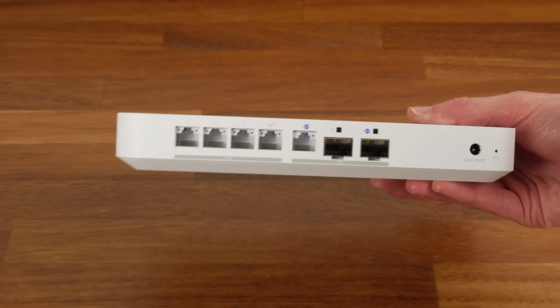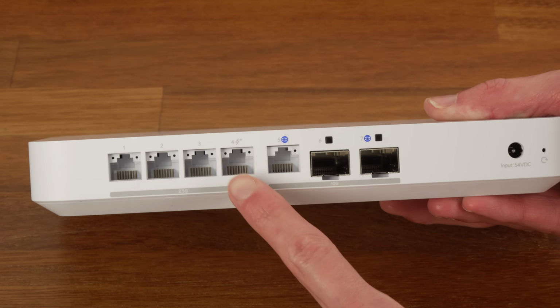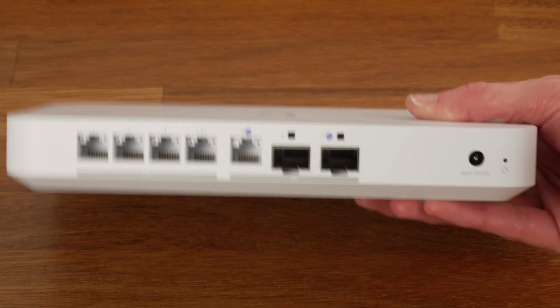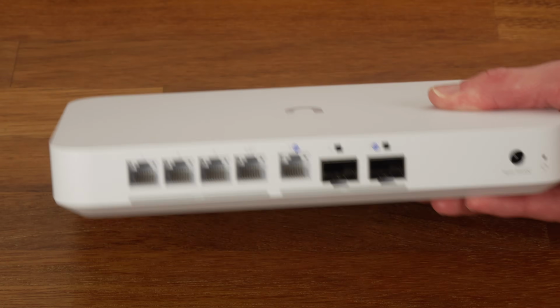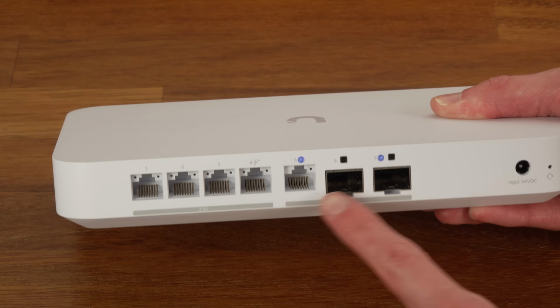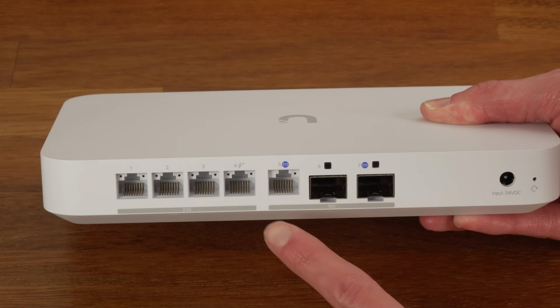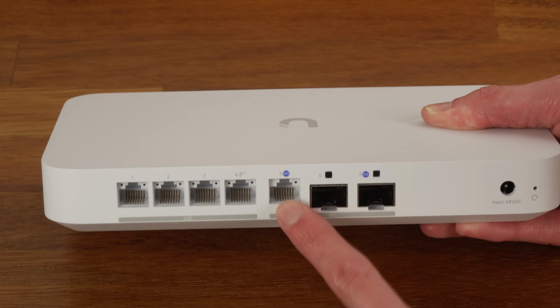So what you have on this is, once again, 4 2.5 gig LAN ports, and again, one of these has PoE+, so you could use that to power an access point or a little switch like this one, so that would be pretty neat. You then also have 3 10 gig ports. 2 of those are 10 gig SFP+, and then a 10 gig RJ45 port, so for 10 gig base